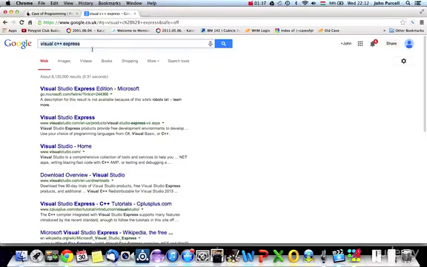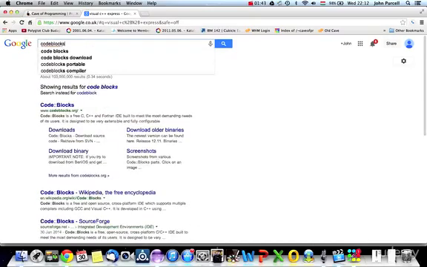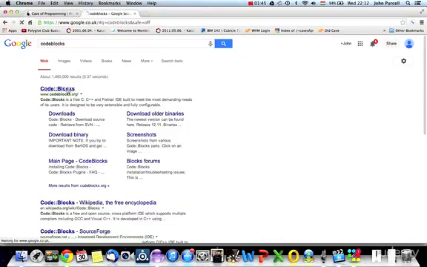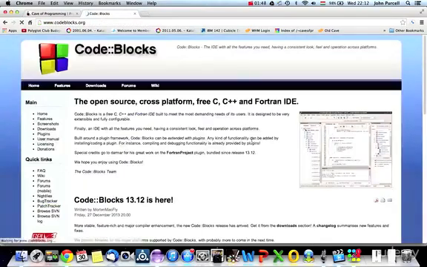Also on Windows, if you want a really simple solution, you can use Codeblocks, and I believe that can automatically download a compiler for you. These are actually integrated development environments. So those are two possibilities, and there are others. But what I recommend you to do is